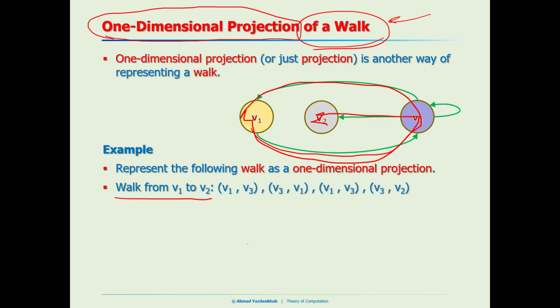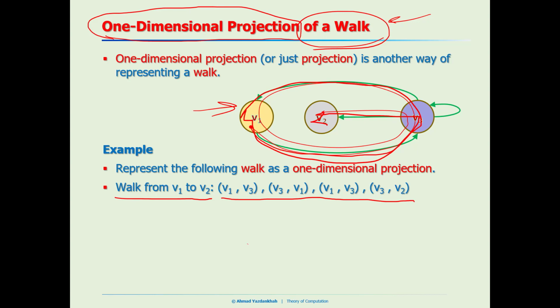So this is a walk, definitely. But when we show this sequence of edges like this, it looks like a twisted strand. For simplifying this and understanding what's going on, we can project